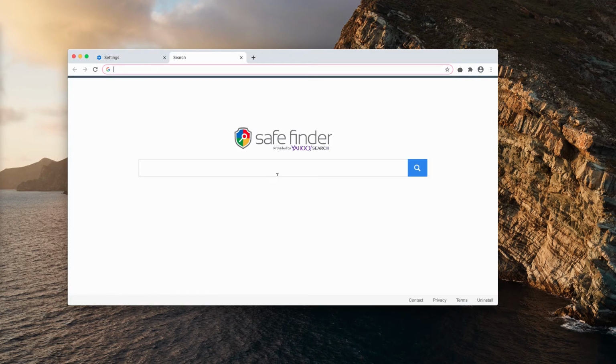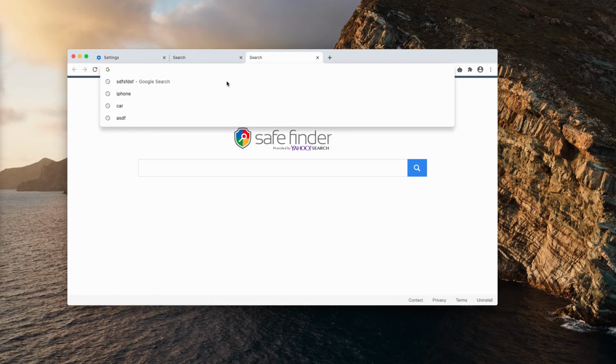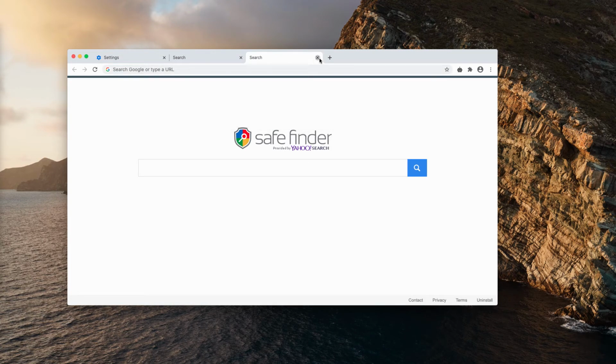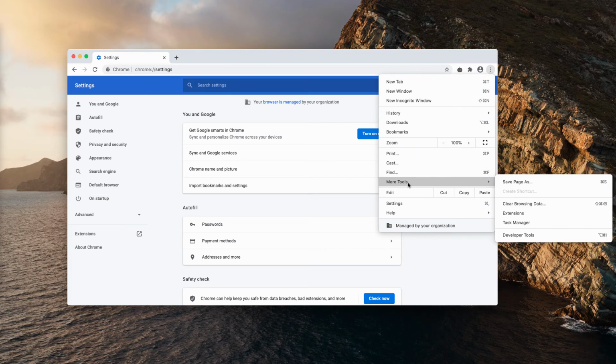So whenever I open a new tab, I see this strange Safe Finder provided by Yahoo Search, and no matter how many tabs are opened, the same Safe Finder comes up. Obviously, that's the problem. Another problem is that I may try to get rid of some suspicious extensions by going